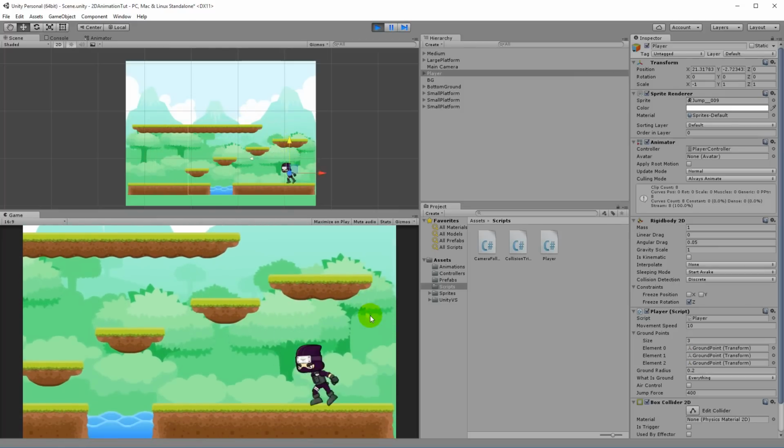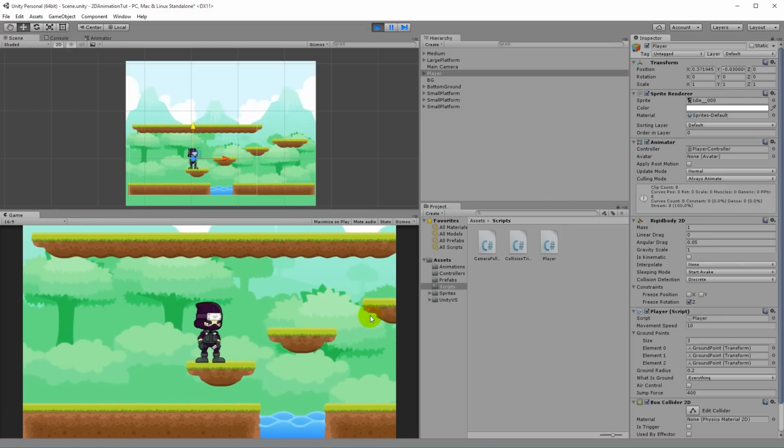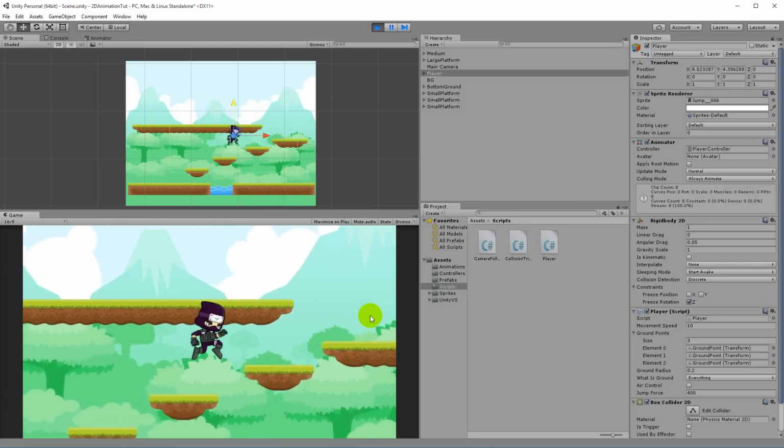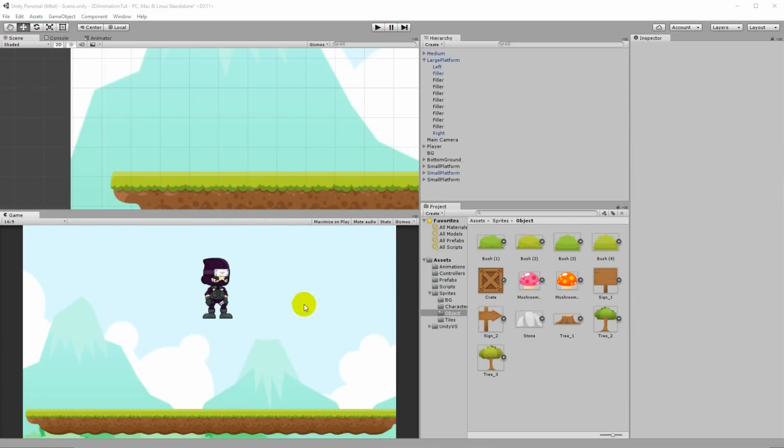As you can see here right now, we don't have any props or anything in the game, so we can also just add some small props here. Let's try to do that. So we can add lots of different things here. We can add some mushrooms, some trees and everything, but I actually just want to show you how you can create a crate, because that's something you can jump on top of.